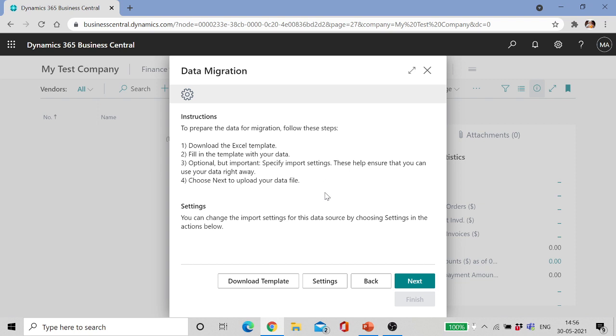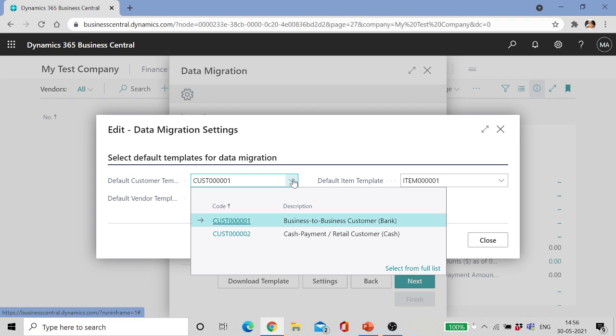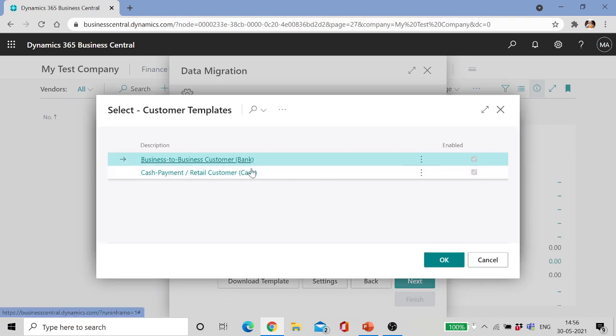And there is something called settings. This is related to default templates. So in Business Central, we have something called templates: customer template, vendor template, and item templates. Templates are used for applying predefined data or fields to the selected item. For example, if I go to customer template,